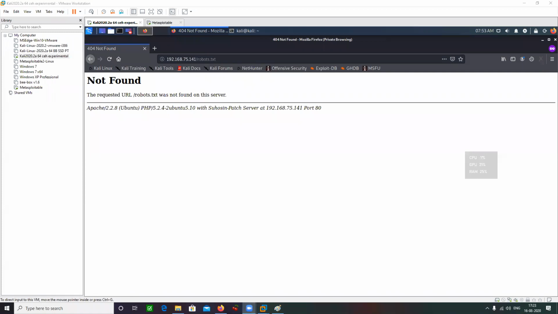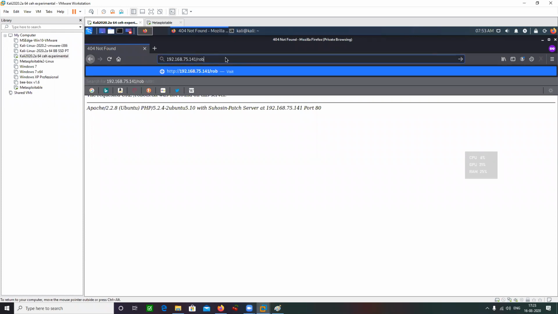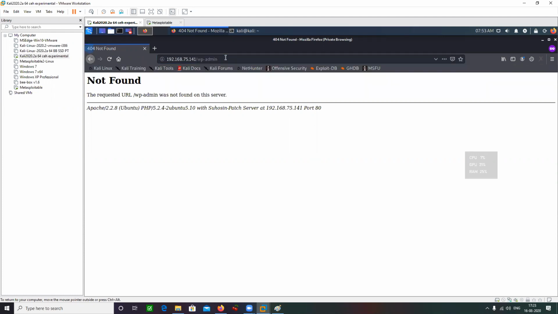We can try to find the admin page. How can we find the admin page? Yeah, Vaibhav. Let's try wp-admin. But wp-admin is the default admin page for WordPress websites, right?